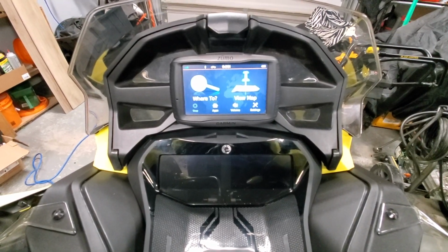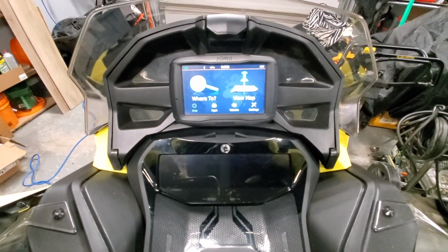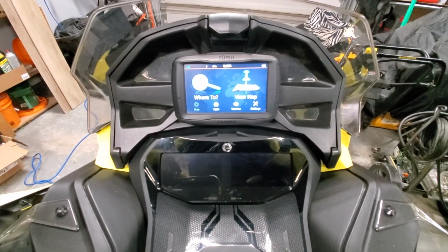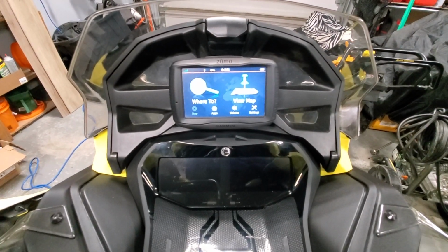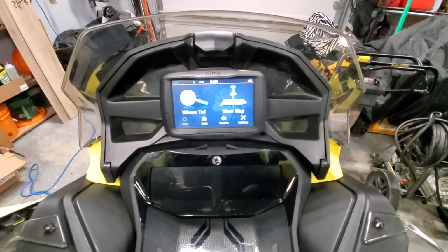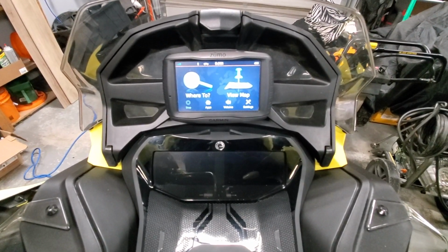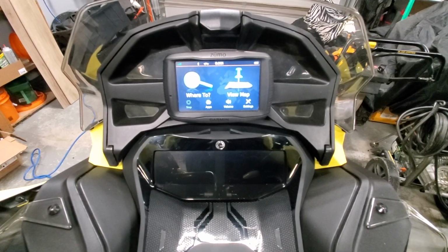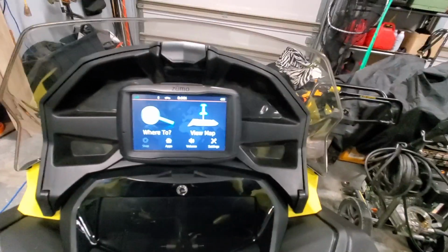Just learned recently that this new gauge from BRP is actually not going to have the OFSC maps here in Ontario this year, which is honestly a huge disappointment. Not really sure what's going on behind the scenes and why they can't get their act together, but in any case, I'm going to be running my old setup, which is the Garmin Zumo 590 with the glove box